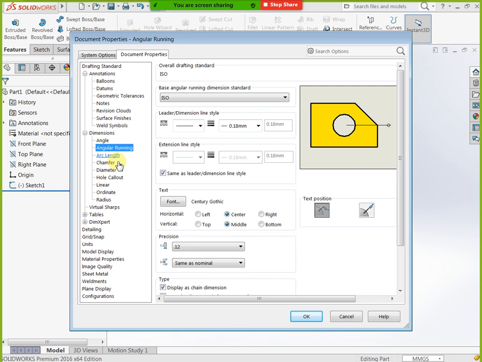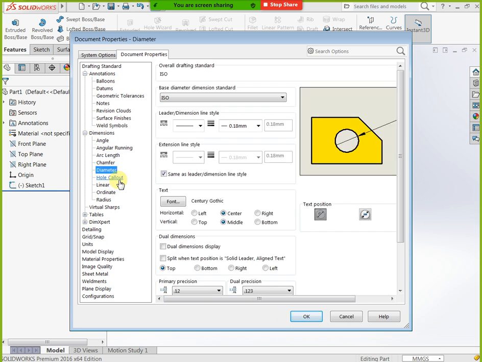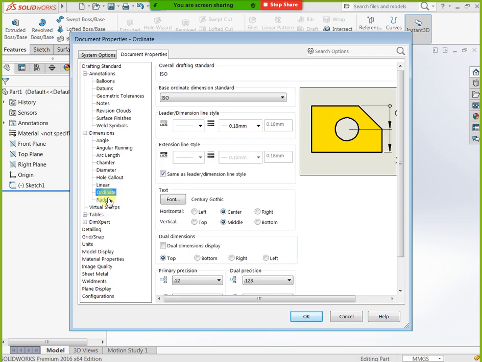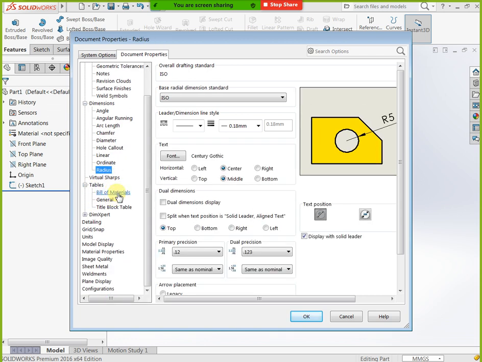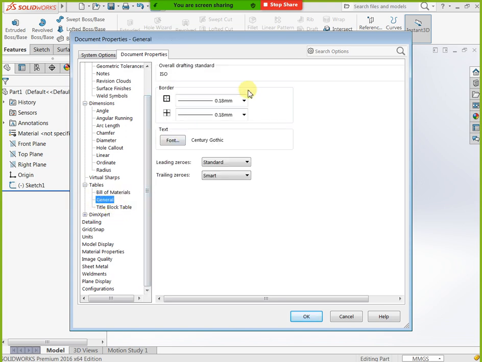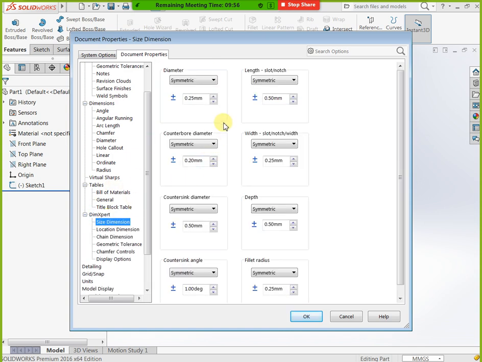Tables like bill of material table and general table. Here we can see table width and thickness, inner lines and outer lines. This is ISO, the overall drafting standard, International Organization for Standardization. This is dimension size; if you need to change your dimension sizes you can edit it here. For location dimensions, you can select symmetric, bilateral, general based on your requirement.